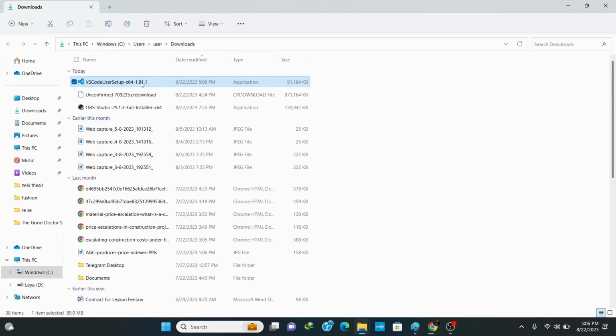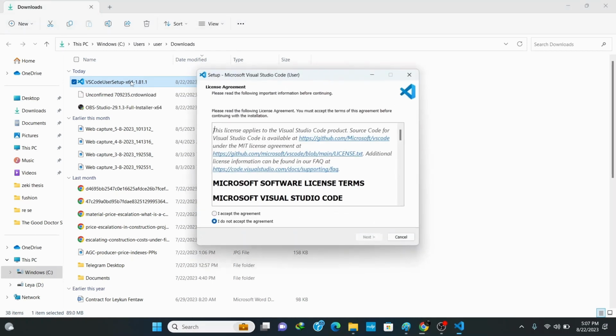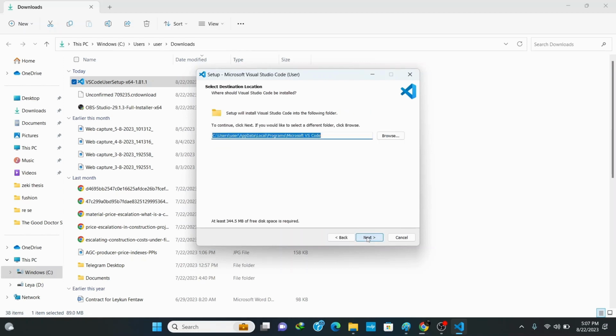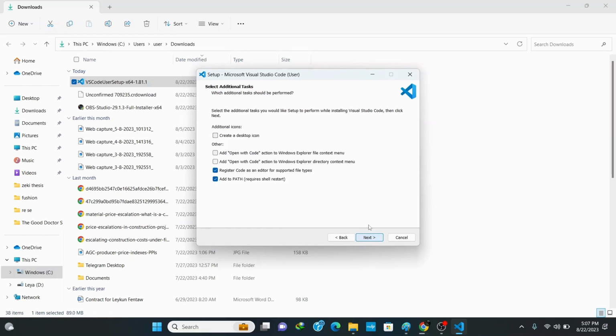Now double click on this setup file to install. Here simply accept the agreement and click on next. Now keep the default location as it is and click on next. Again next. Here it's important to check the first option to create a desktop icon and check this option to